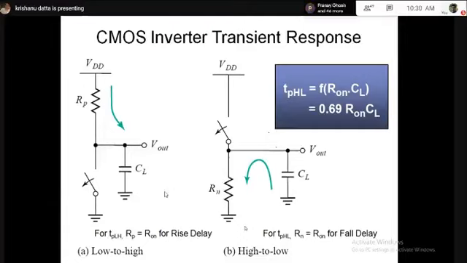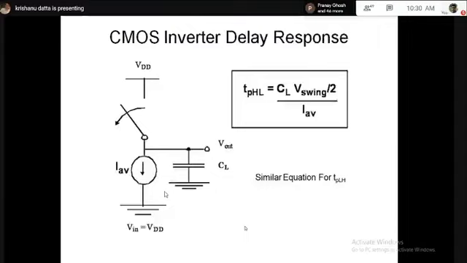So now, what I shall explain is another model. This model assumes that instead of this transistor operating in the linear region, it is actually operating in the saturation region. As I told you, when a transistor is on, two regions are possible, right? Either linear or saturation. So now what we shall do, if we assume that the transistor is operating in the saturation region when the capacitor is charging and discharging, then what will be the delay equation?